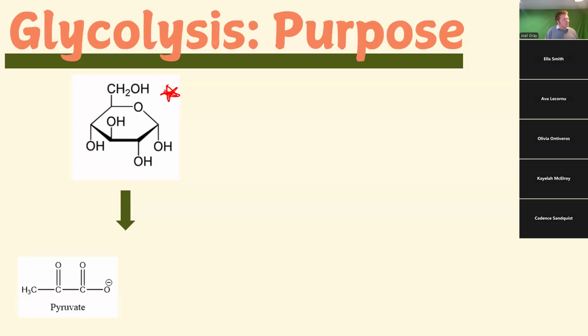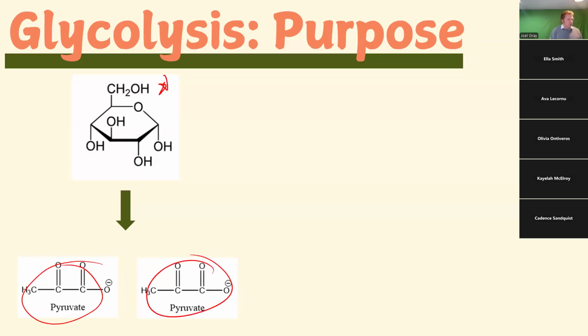We're going to take this 6 carbon molecule and we are going to split it into, well, could anyone add to the chat how many carbons are in this molecule down at the bottom? We've got 1, 2, 3. Okay, perfect, 3. So we're going from 6 carbons down to 3 carbons. It makes sense that we're actually going to go to 2 3-carbon molecules. So glycolysis at its heart is taking this molecule right here and making